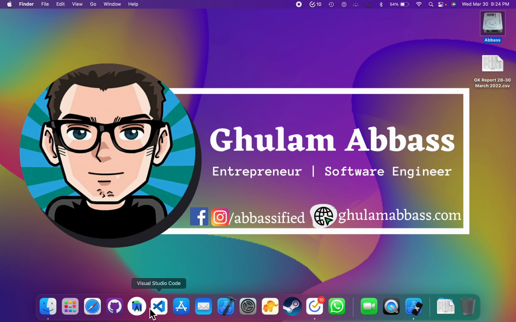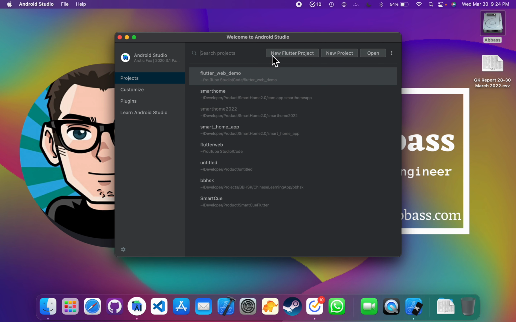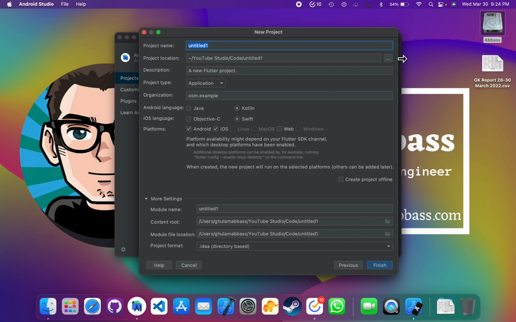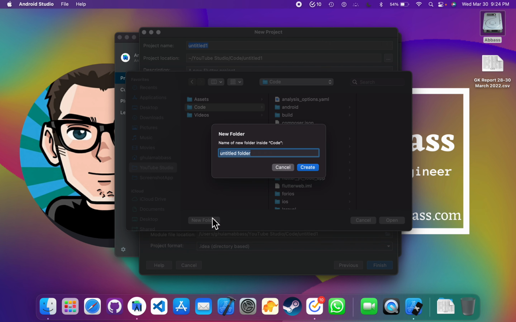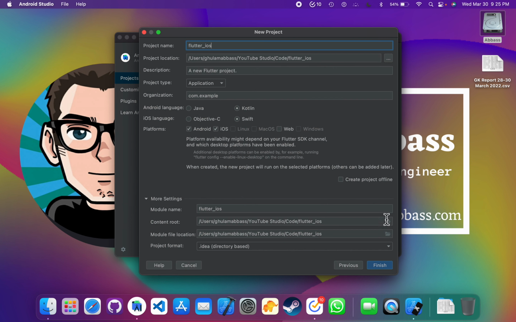First you have to open your Android Studio and then create a project with Flutter. So click here, click new Flutter project, okay? Then click next. Then you need to set the location of your project. Click here. I'm gonna choose this location, and here I'm gonna write Flutter iOS, create, and then open, and then